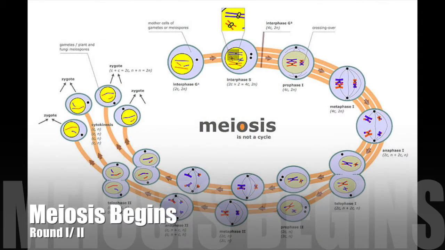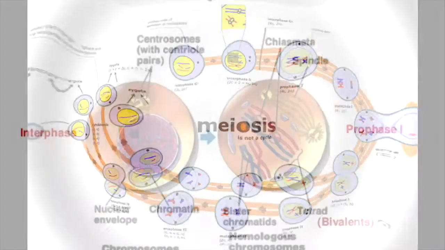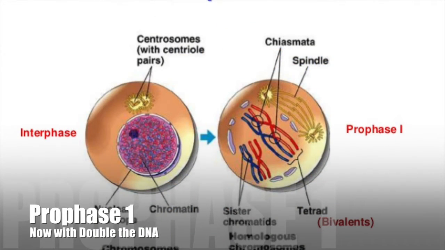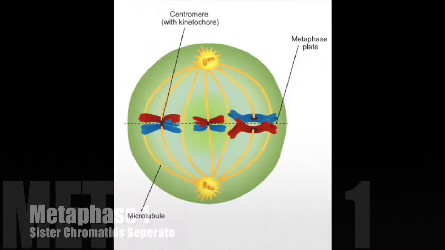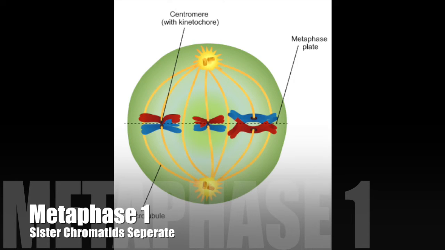Moving on to meiosis, this is where we're doing sexual reproduction. Meiosis 1 and 2 are very similar, but have distinct differences as well. So going on to prophase 1, once again you see the nuclear membrane disappearing. However, you can tell the difference between prophase 1 and regular prophase because of the amount of DNA. Going on to metaphase 1, once again, lining up on the metaphase plate, preparing to be separated,